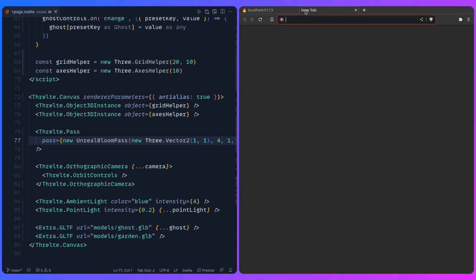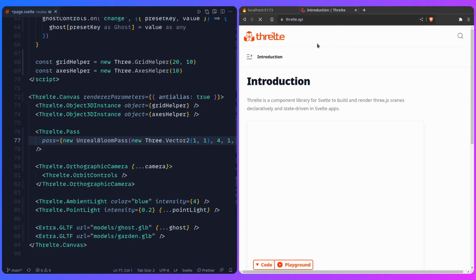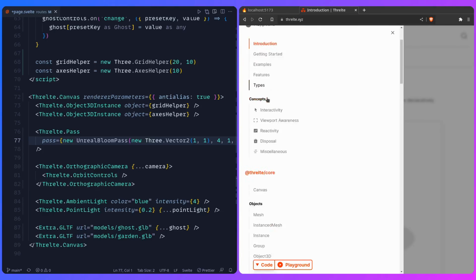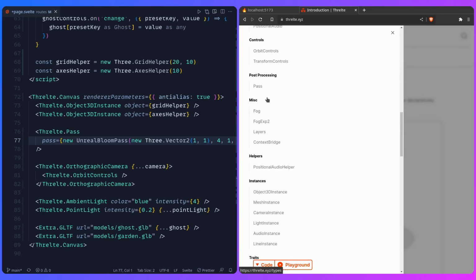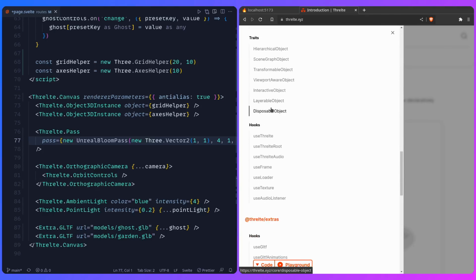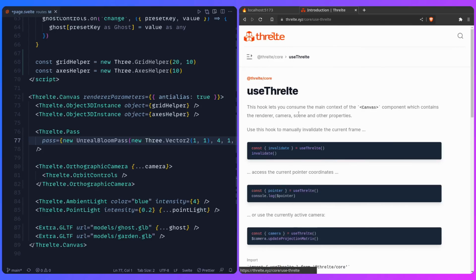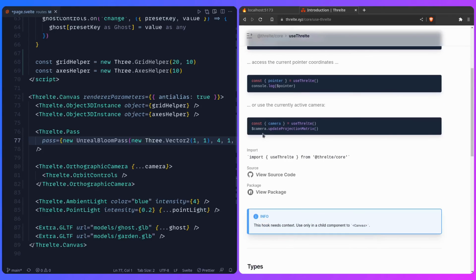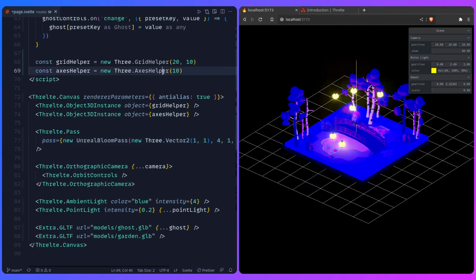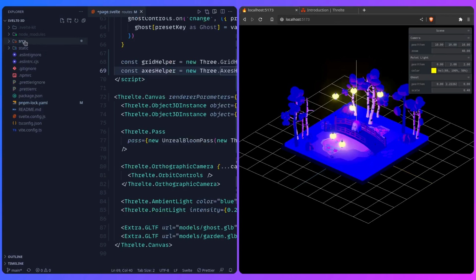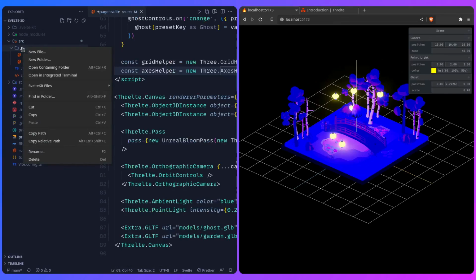Let me just go to Threlte and find it here. Let me just see. Here are the hooks. Use Svelte, and this is going to hook you into the scene. But to do that, let me just create a background component. So in source routes, I'm just going to say